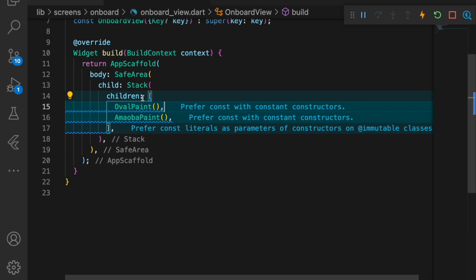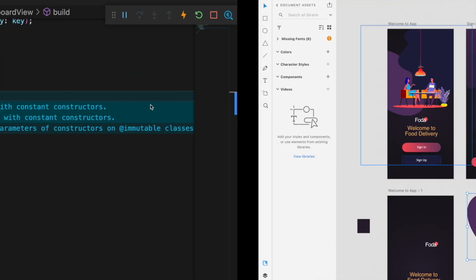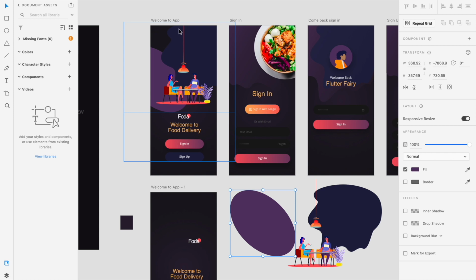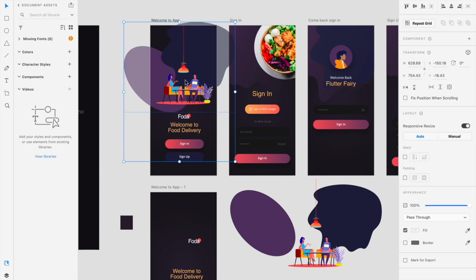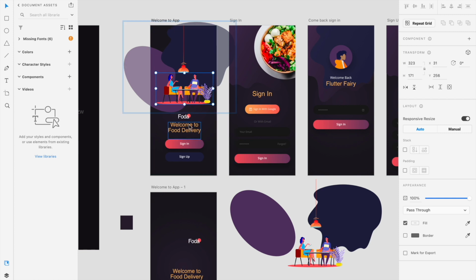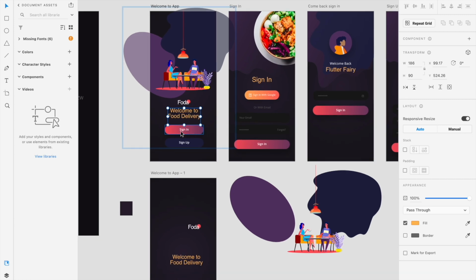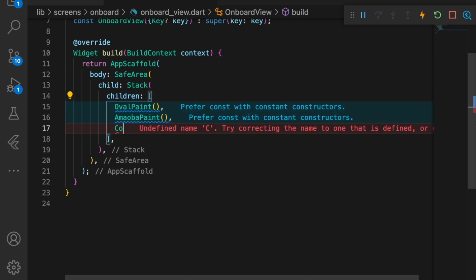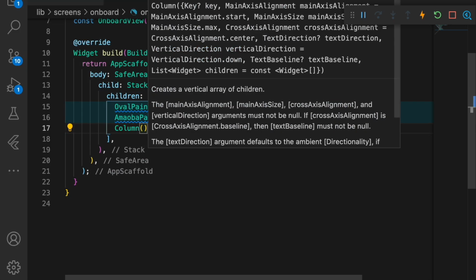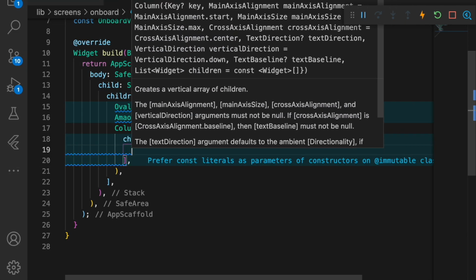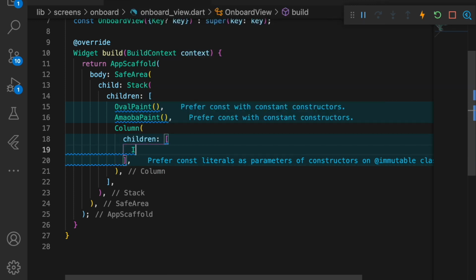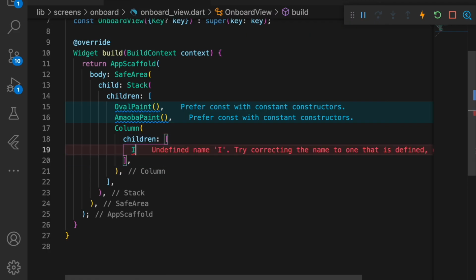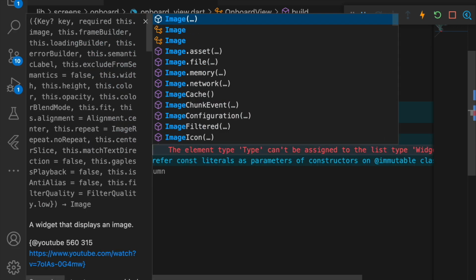And the next thing we are going to do is use a column. The first is this vector image, the second is going to be the footer here, and the third is going to be this text, and we are going to have these buttons here. So let's use a column for that, and this is going to be a column widget. In this widget we are going to have children, that means a list of child widgets, and first we are going to use the image